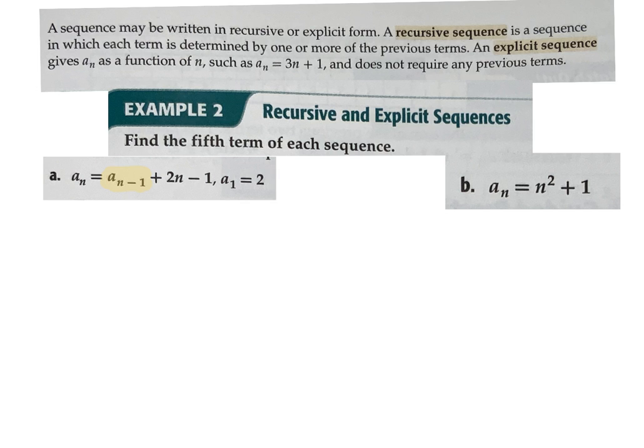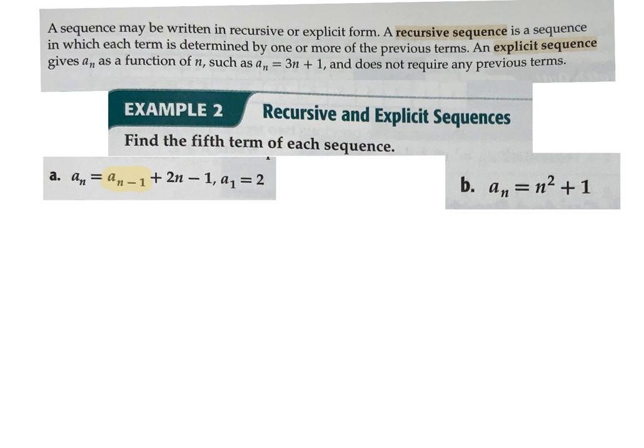If I'm talking about a sub n, then a sub n minus 1 means the guy in front of it, okay? And so when you see something like this, they've given you recursive form. And for this one, we need to start out with the first term, pretty much. The first term starts us out, and then we can go from there. All right, so if I have my first term is 1,